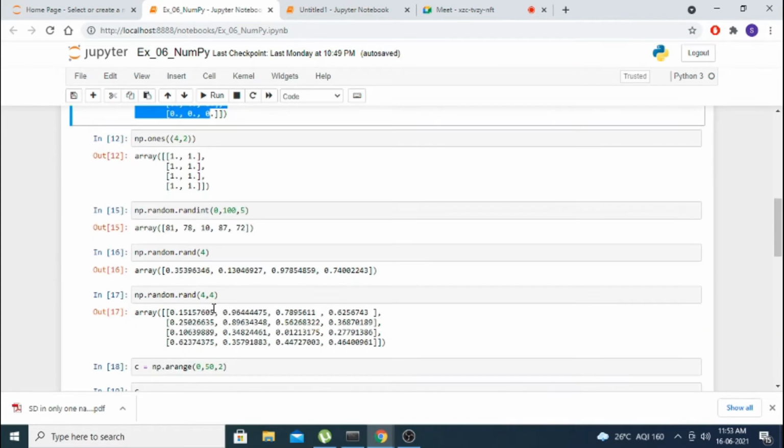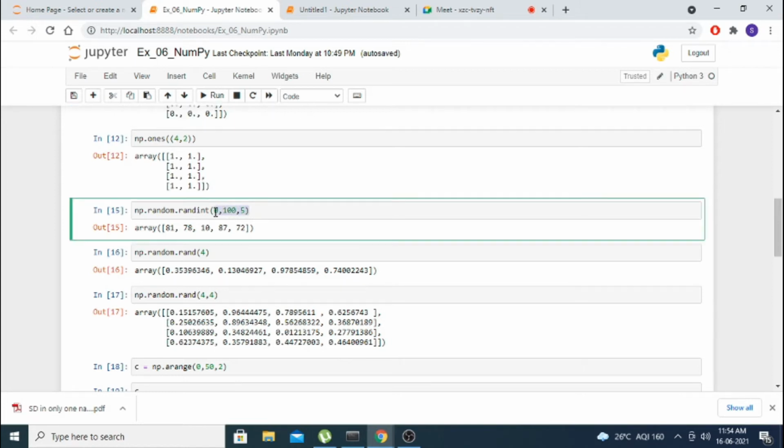And if you want to create a random number array, we need 3 parameters. The first parameter is the lower range, the second parameter is the higher range, and then how many elements you want, so that 5 integers are created randomly. Random number means unpredictable. In your calculator also there is a rand function. Usually a random number is between 0 and 1, some unpredictable number, and that is called a random number.